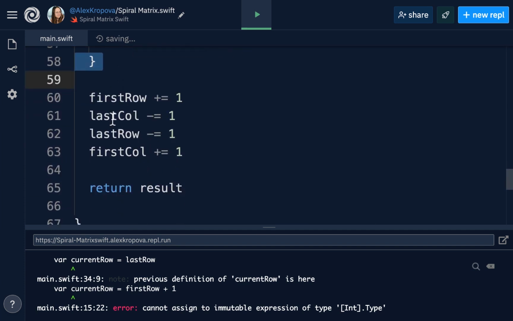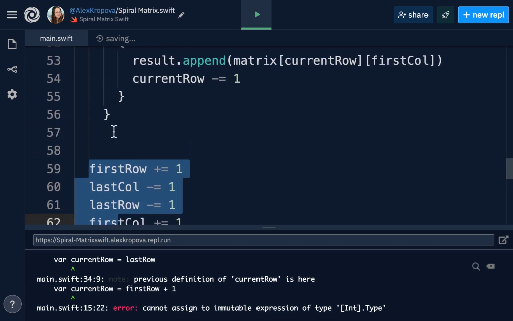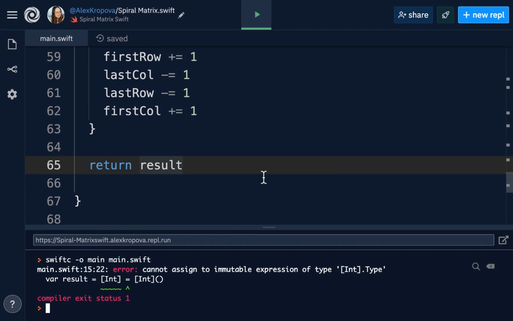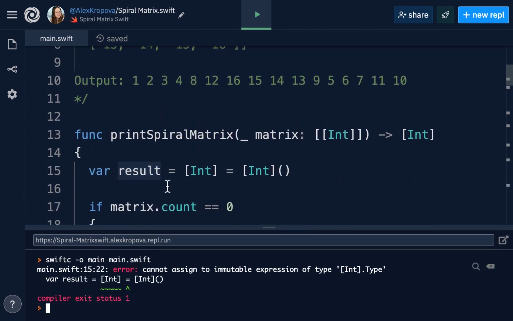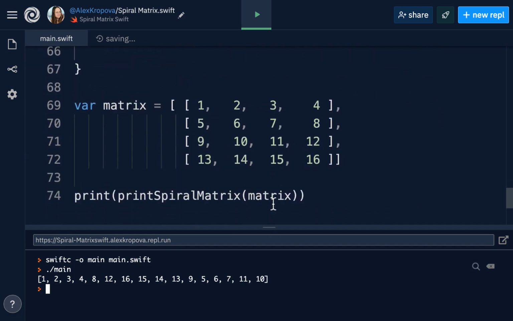And after that, we can move this loop just like that. Okay, and we're getting an error, cannot assign to immutable expression of type Int. So let's fix that as well. In order to fix this, all we have to do is change that equal sign to a colon, a simple syntax error. Let's hit run again, and as you can see now, we have being printed in the console